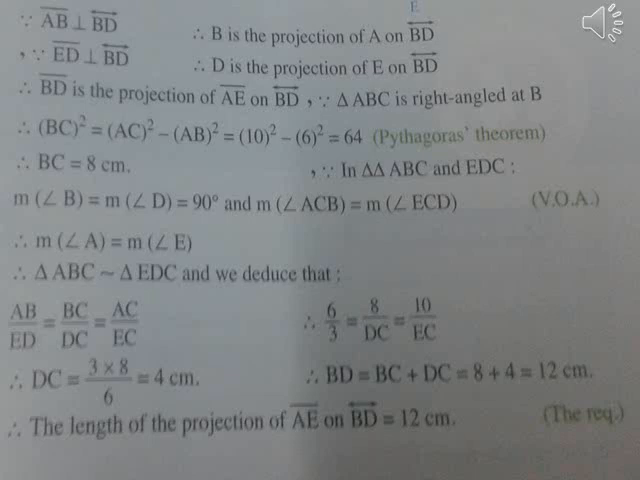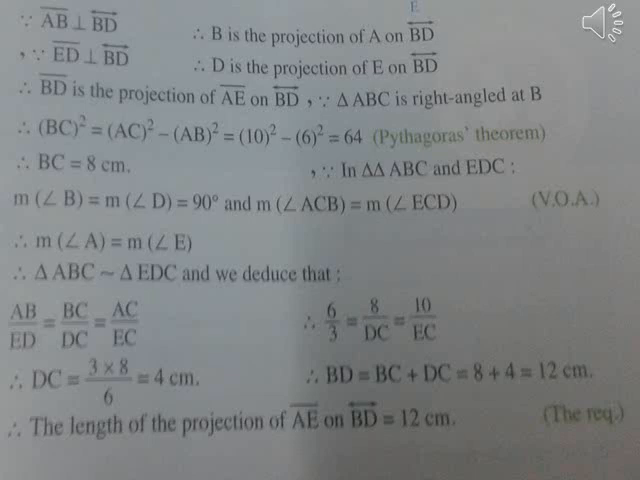Since in the two triangles EBC and EDC, measure of angle B equals measure of angle D equals 90 degrees, and measure of angle ECB equals measure of angle ECD, therefore measure of angle A equals measure of angle E. Therefore, triangle EBC is similar to triangle EDC, and we deduce that